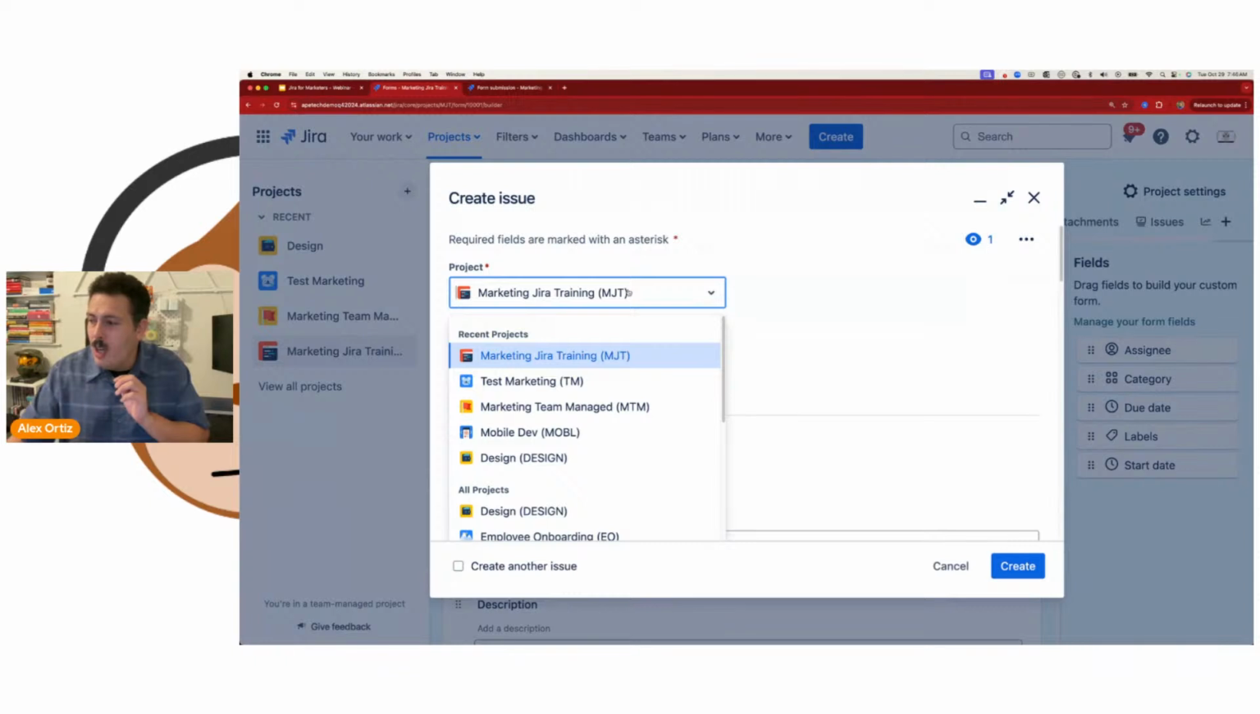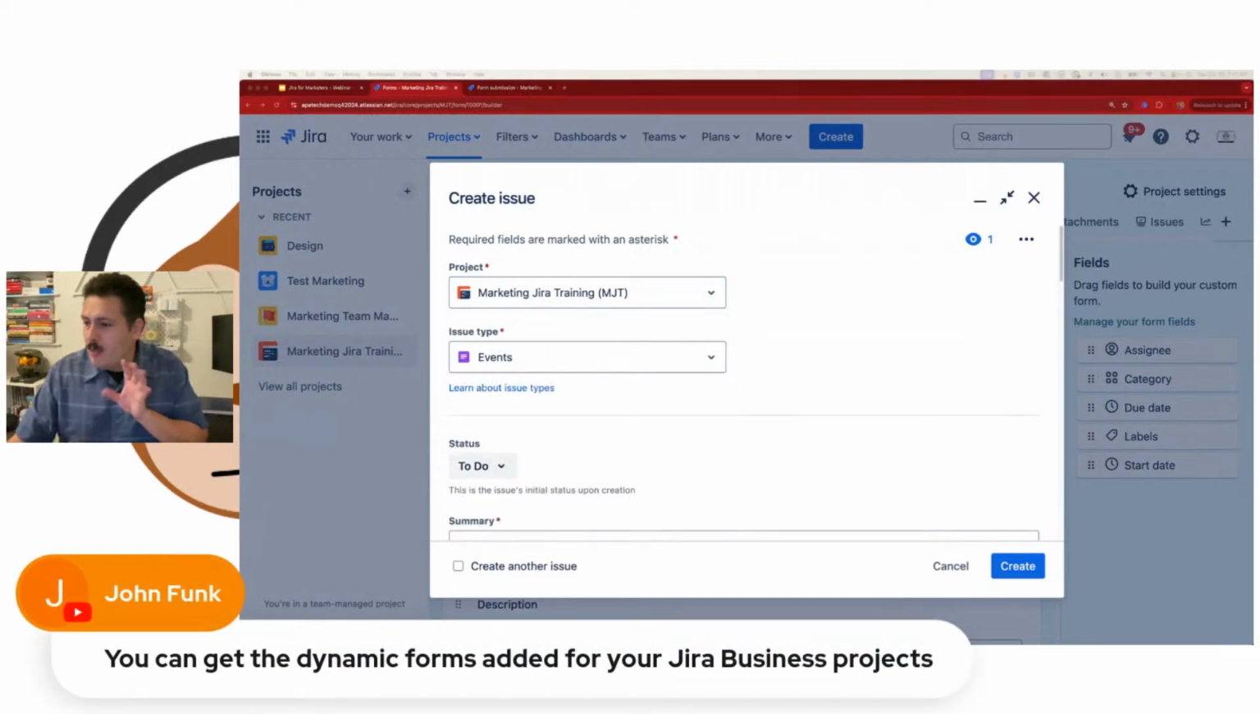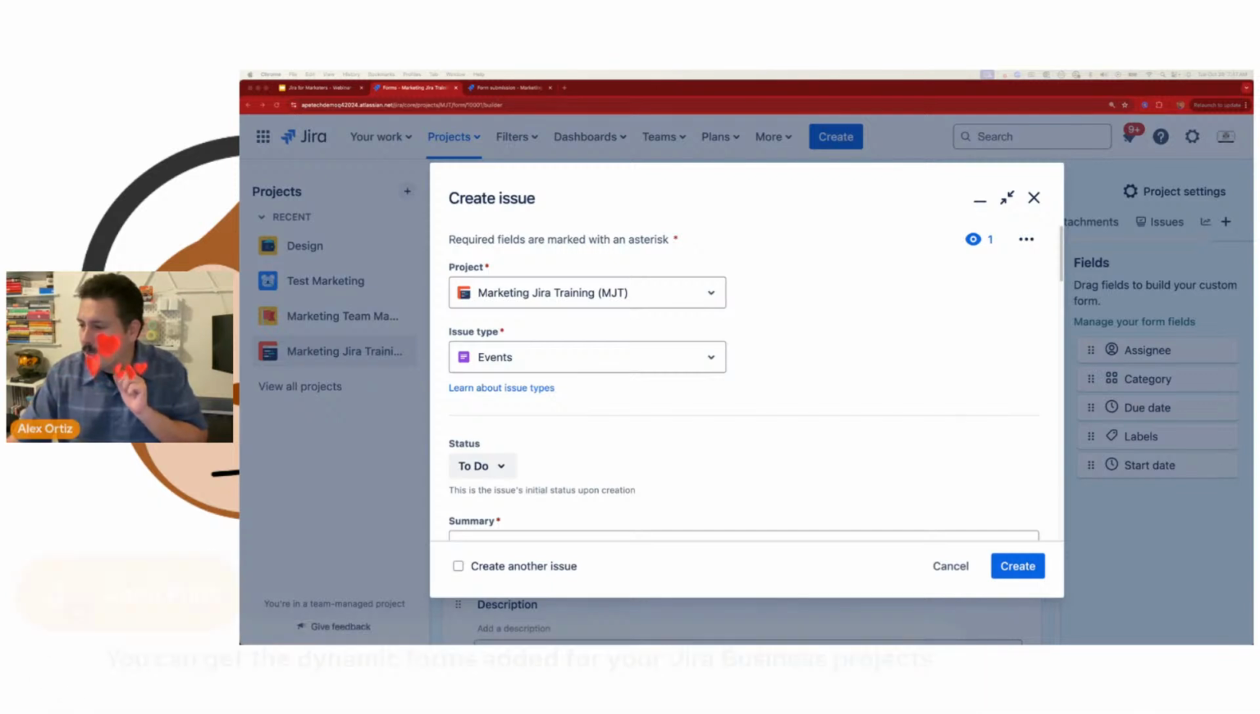Now, John, you may have to teach me how to do this, because I haven't seen how that works, at least not without using plugins. But if the dynamic forms can be in the business projects, then extra heart, because that would be amazing. So John, you might have to ping me on Slack and tell me how to get that working. But anyway, I don't recommend going down this create route,